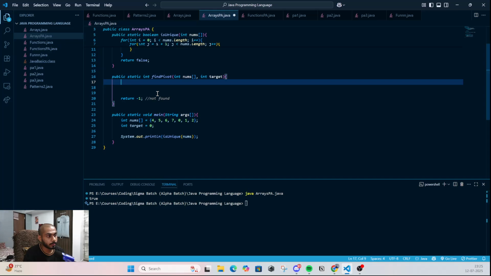Let's say if the target is 0, then we need to find the index of 0 in this case, which is 4, right? Yeah, okay, whatever, I mixed it up. So let's just say